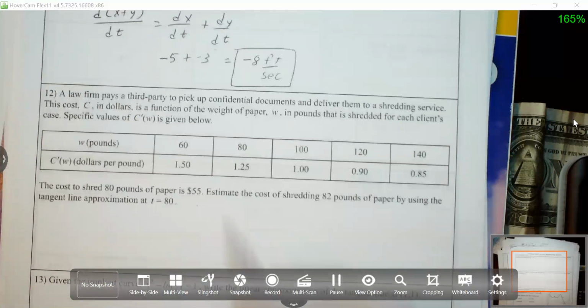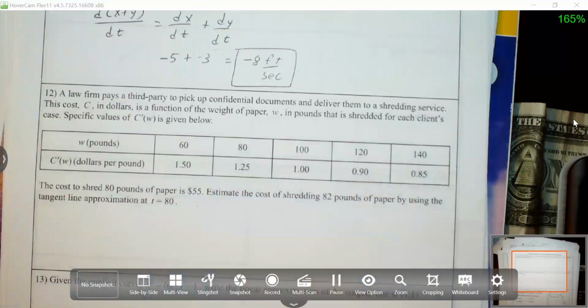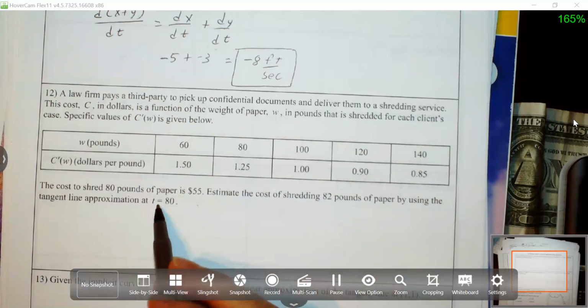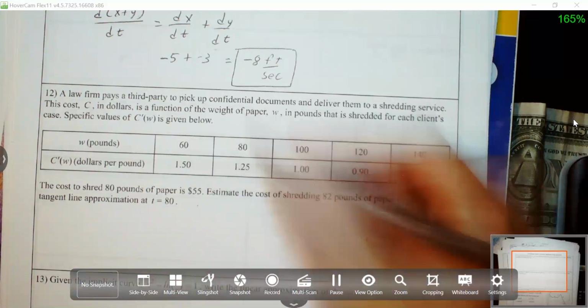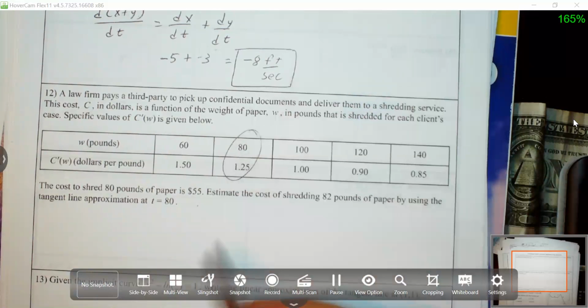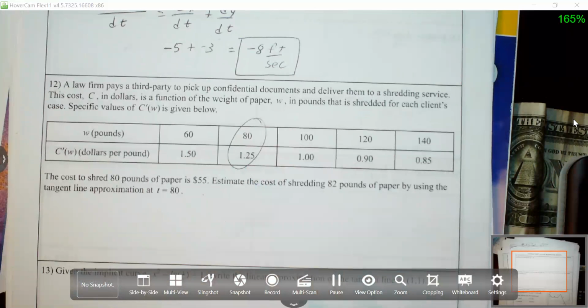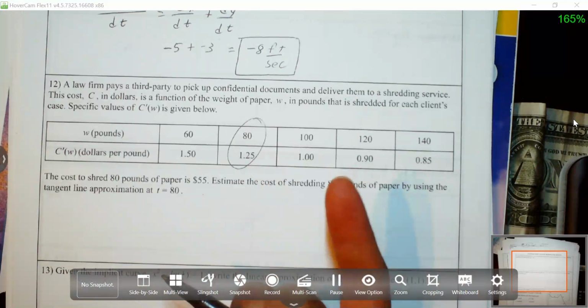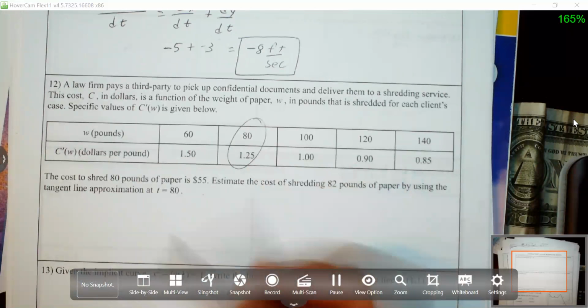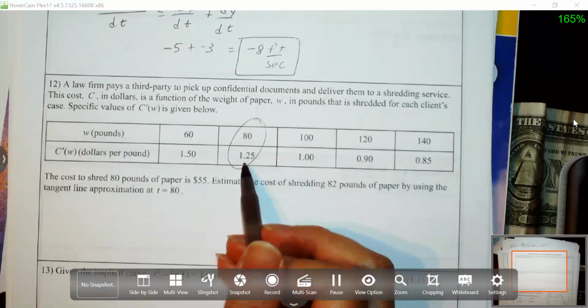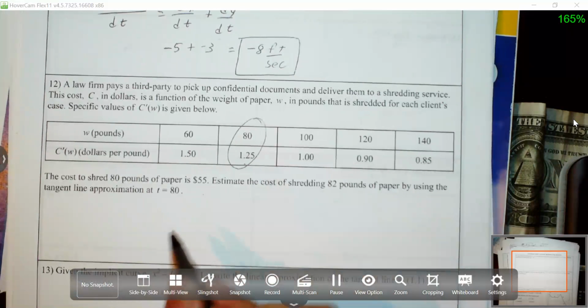And they gave us a table. Now, the table actually makes it easy. We want to estimate the cost of shredding 82 pounds, and we're going to use a tangent line approximation at t equals 80. So everything else doesn't really matter here. All I'm really focusing on is here. Now, my derivative is 1.25, cool. But remember, we need a point and we need a slope. So I found my slope. Where is my point? Well, right here